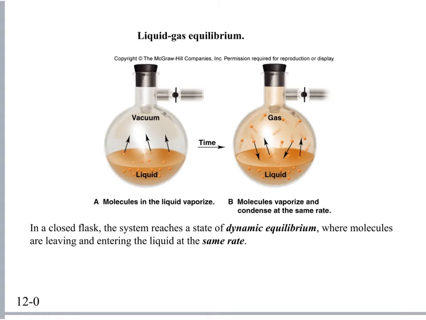Now, in a closed flask, the system reaches a state of dynamic equilibrium where molecules are leaving and entering the liquid at the same rate. So look what they've got here. They took a liquid, it looks like maybe tea or coffee, colored brown, and they closed off the